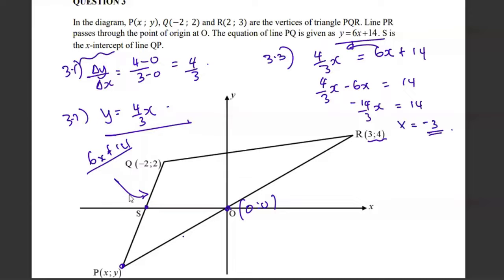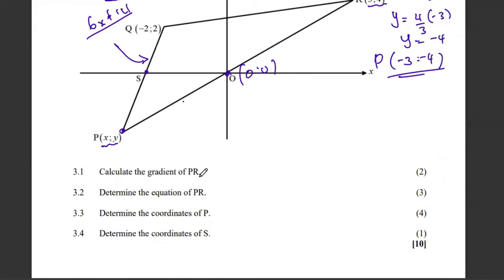Okay, then I'm going to take this negative 3 and replace it in the equation of 4 over 3 times negative 3, meaning that my y is negative 4. Therefore, P is going to be negative 3 and negative 4. Okay, then